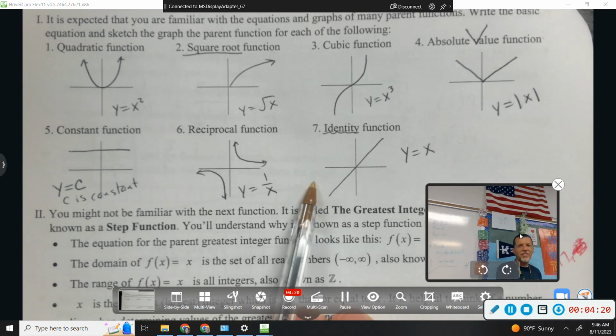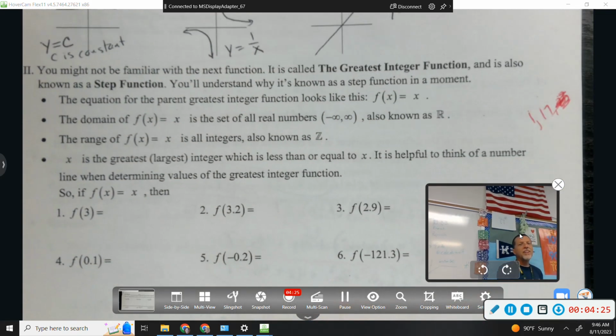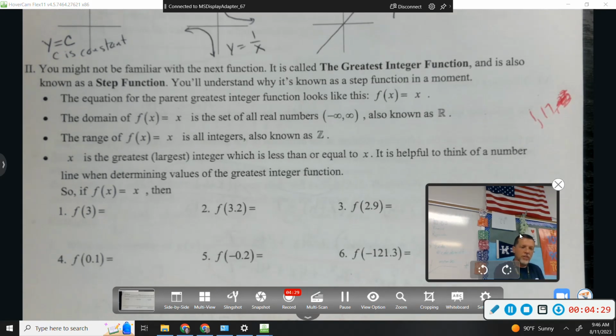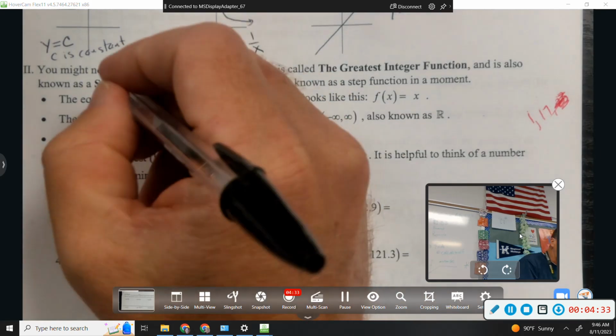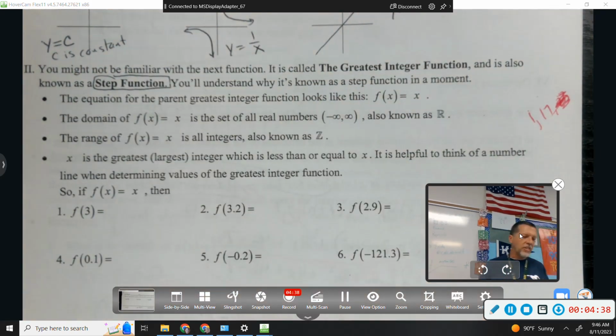Okay, so that's review. You probably had matching cards in Algebra 2 with those, with domain and range, and maybe not. Maybe that's just level that does that. I don't know. All right, now the next function is going to be new. It's called the greatest integer function, or the step function. Most of the time I call it the step function because that's what it looks like. But I think officially it's called the greatest integer function. And this equation